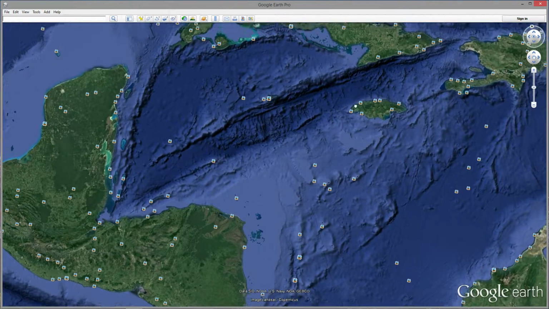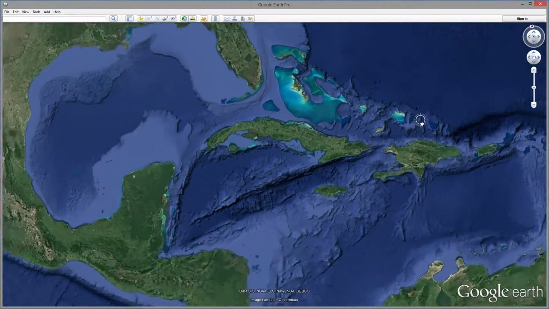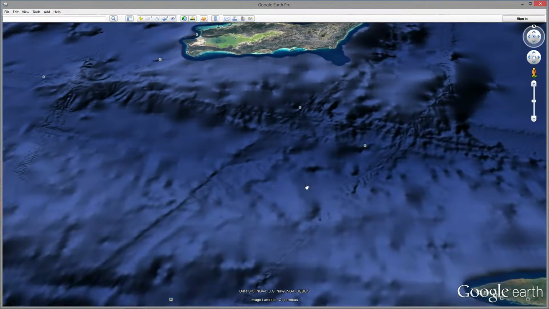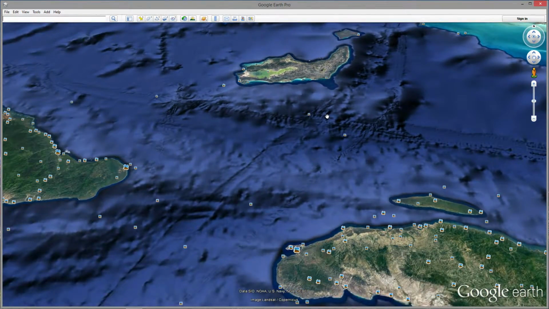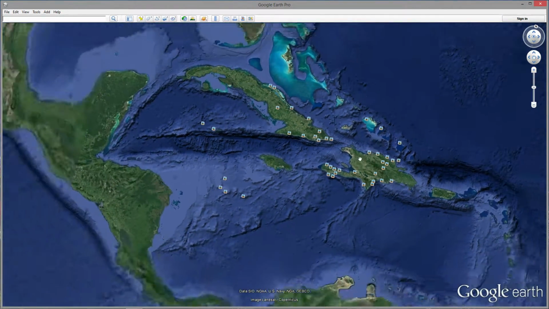Another thing that I personally love is over here, the giant gouge. Isn't it neat to see how most of our islands are actually just the tips of massive underwater mountains? And the scar marks that you can see underwater are quite amazing as well.